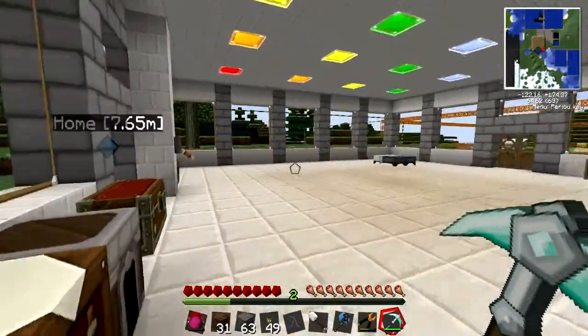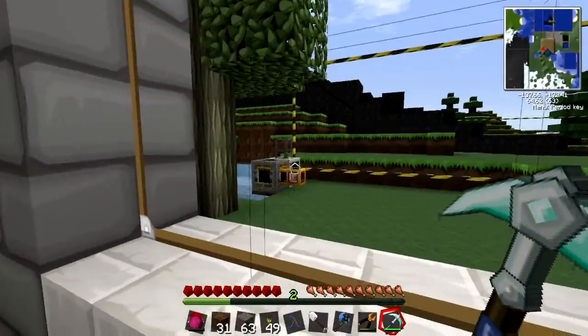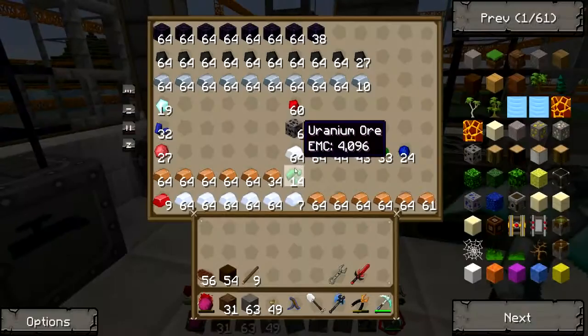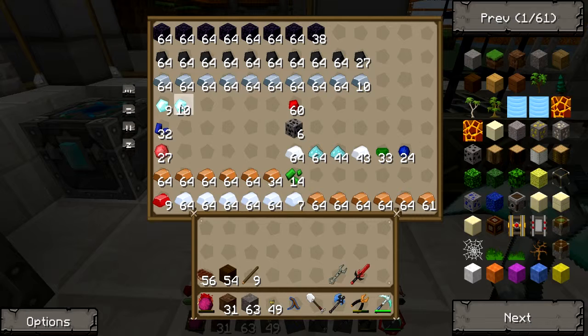So the problem is, what's the best way to get the stuff from there to there? Now I could build pipes all the way along, but then they just get in the way and cause hassle and look ugly if I leave them above ground. So what I can do,